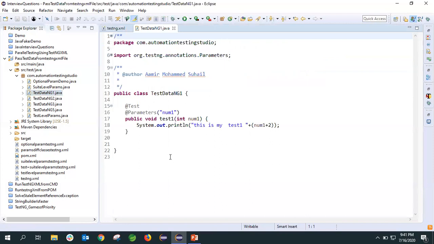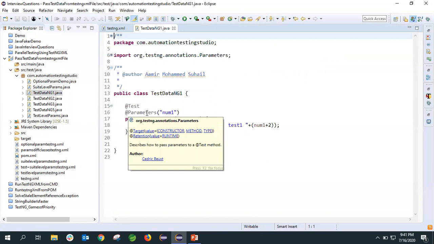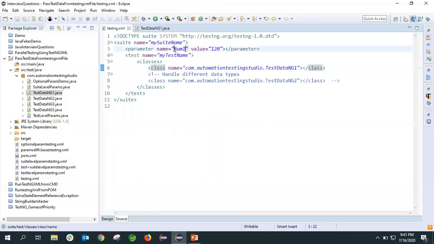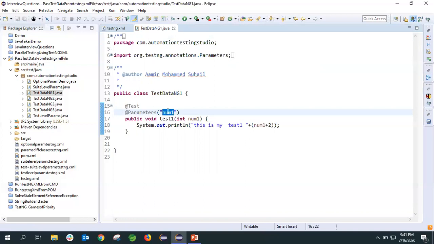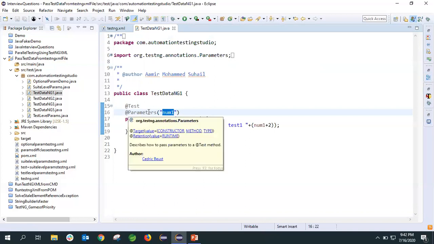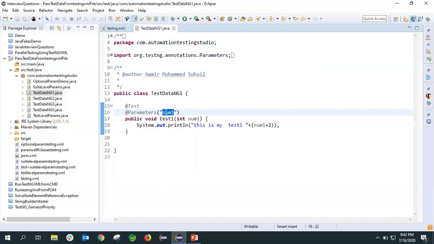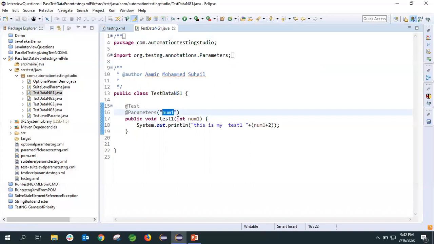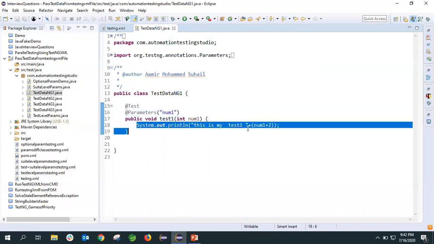Here you can see I have written an annotation called @Parameters, and it is taking the variable. This variable name and this name should be the same. Whatever name you give here, the same thing you have to pass in this annotation. And then the data type in which you want to take the value, you have to mention here, and you can do other operations here.